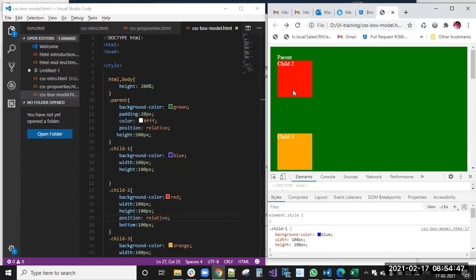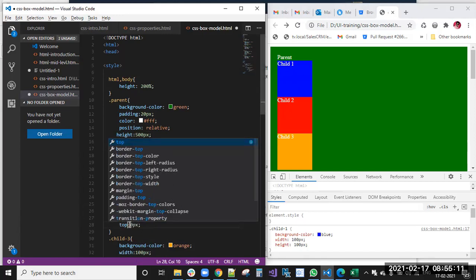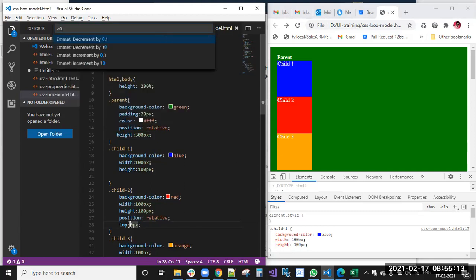From the bottom it will move up, because of that it sat at the bottom. Instead, we'll give bottom 0. Now it sits in the same position, because I have given bottom 0, right? If I apply bottom 100 pixels, it will move the element up. If I apply top 100 pixels, it will move down.